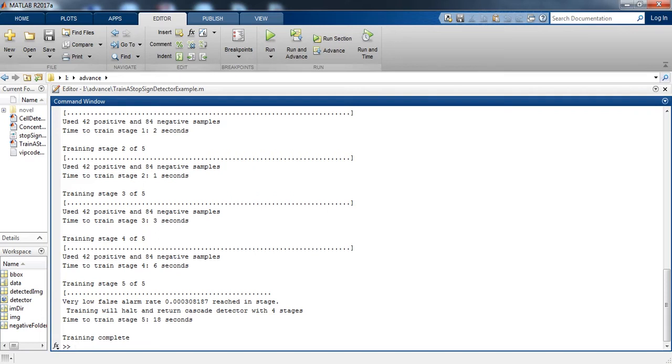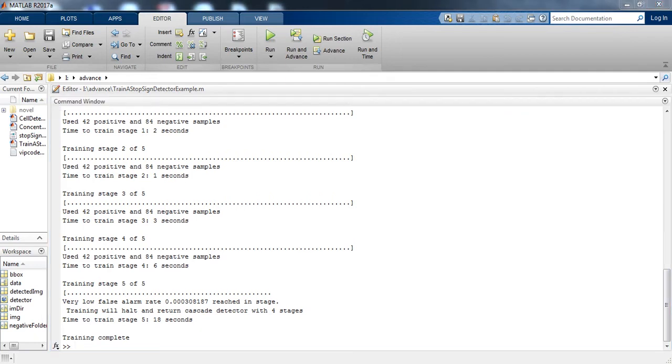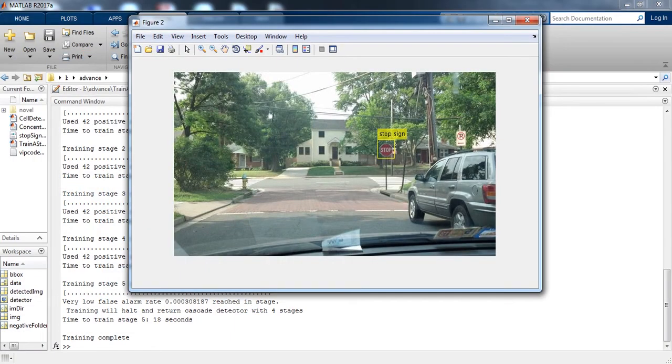The training was completed, and it gave us the figure which was detecting the stop sign and giving us the message that this is the stop sign. You can see here, it is detected by a yellow rectangular box, and inside the box it gives the message stop sign.